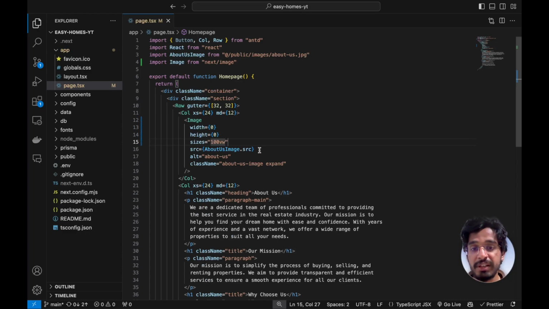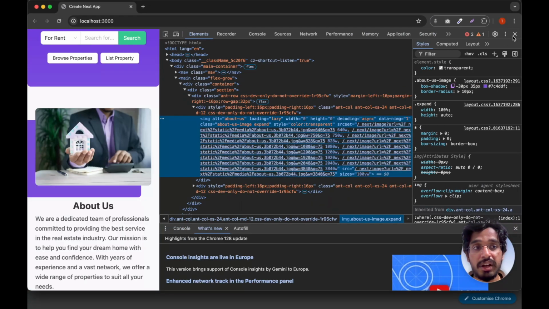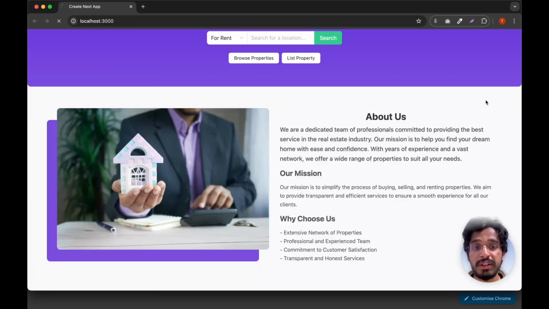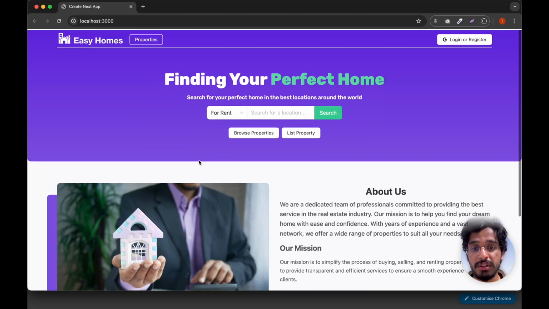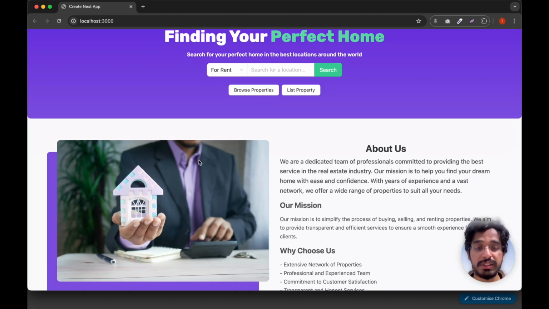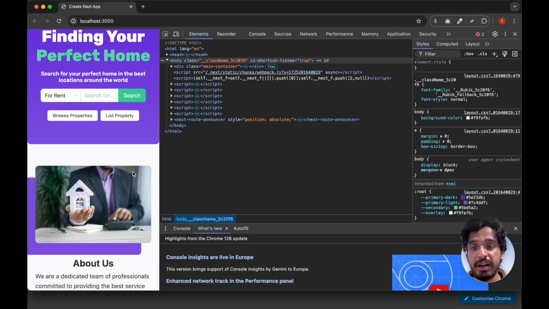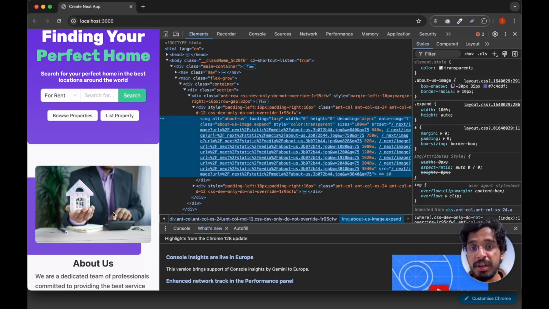So now if I just save this and go back to our application, and if I just close this, you see that it still has the same width. You see that it took a second to load because by default lazy loading is true. Okay, so now if I just inspect this and go to this image,